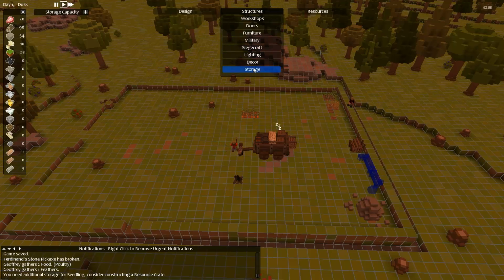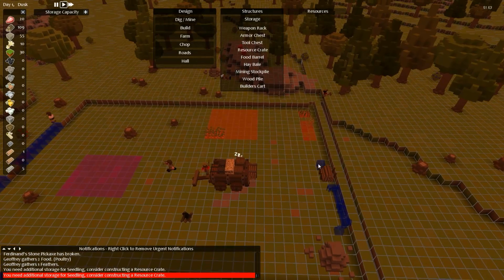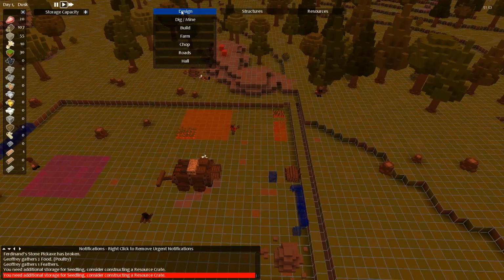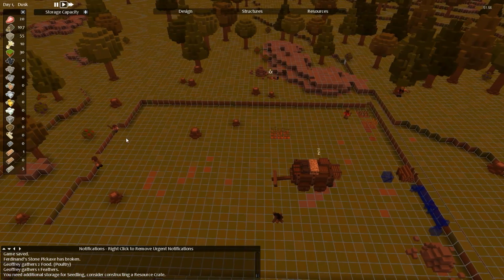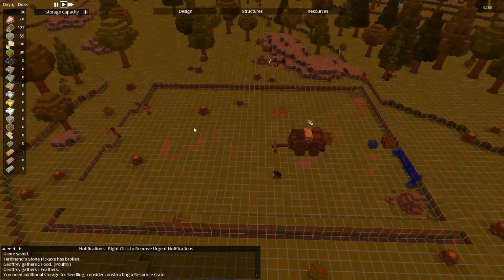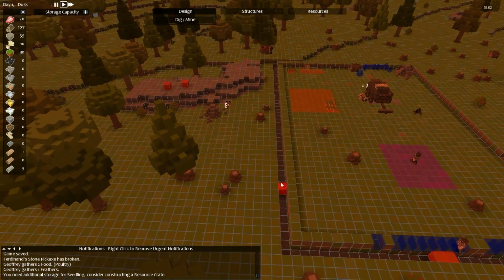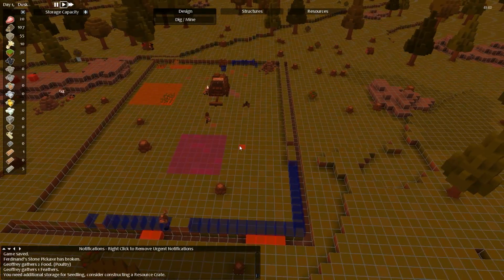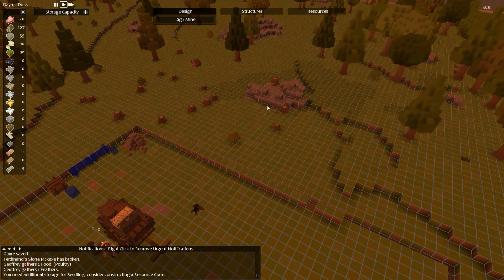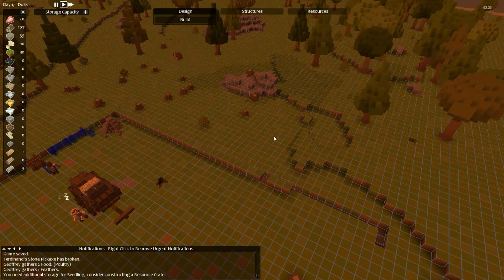I need more resource crates. Like this. Alright, I need you to build the resource crate. Screw the building right now. Alright, design, dig and mine this up. Now I want you to build this tile,